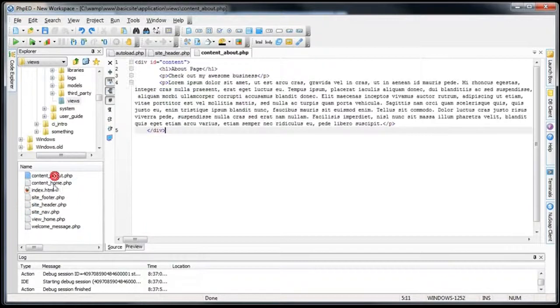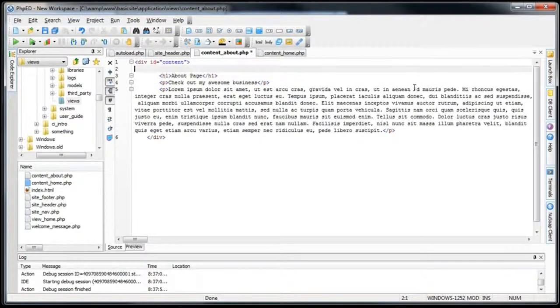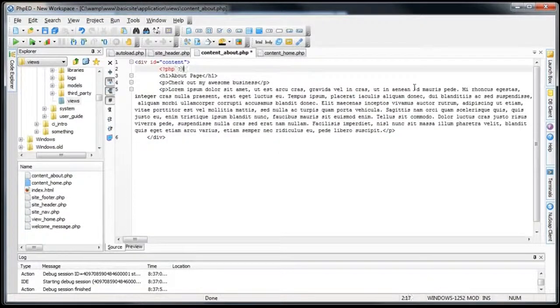If we go into the content about and content home pages, you can see that this has some h1 tags in it. Instead of h1, we can actually do something different. I'll show you. Open up our PHP tags, and instead of having h1 tags, we can actually do this. Echo heading,